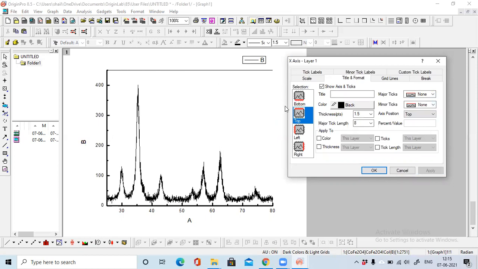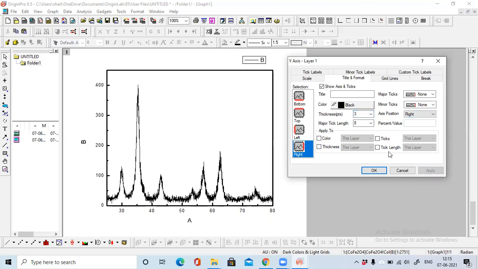So you can see this is up, and now you can change the thickness like this, and similarly you can go to this y-axis, tick, and you can increase the thickness.